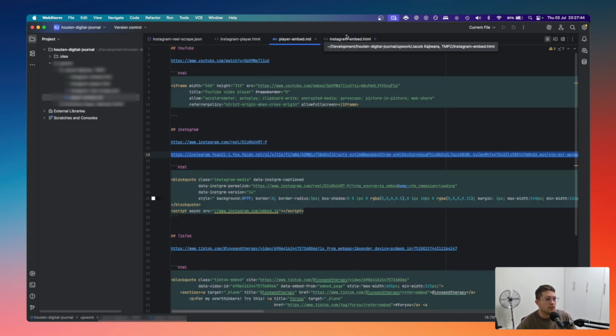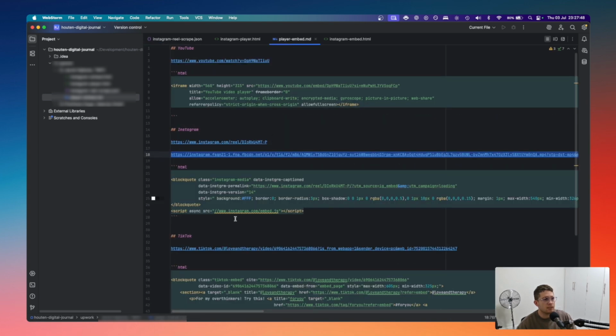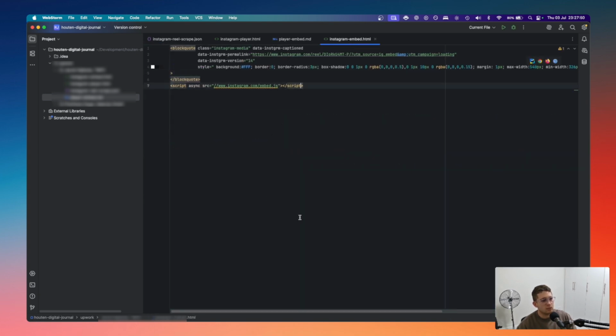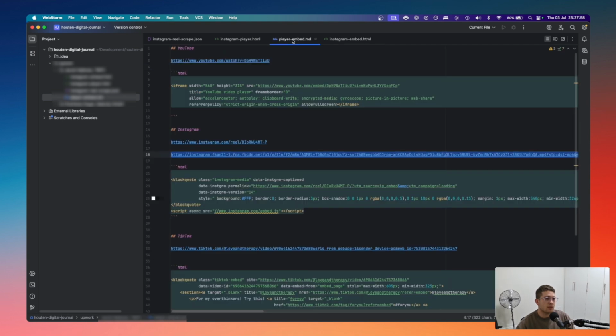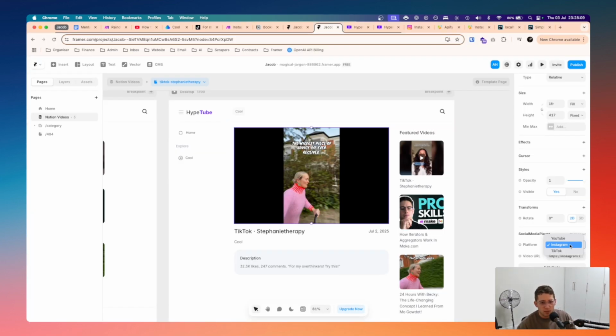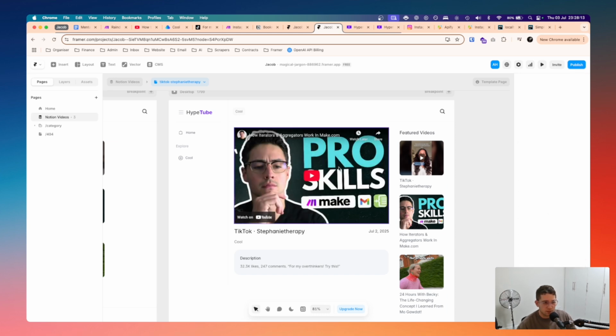And then what I've done is I've taken the embeds and experimented here. The great thing about WebStorm is you can just run this and it spins up this HTML in a browser window, so you don't have to run a server and all that stuff. That's quite annoying, right? So really happy with that. But yeah, let me do the YouTube one quick. Go back here, change this to YouTube, plug in the video, and there we go.